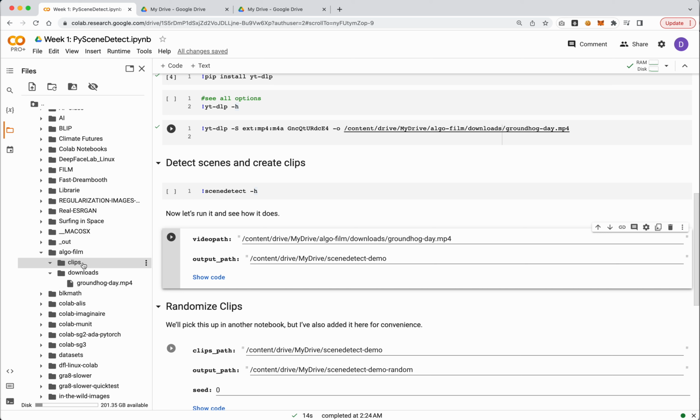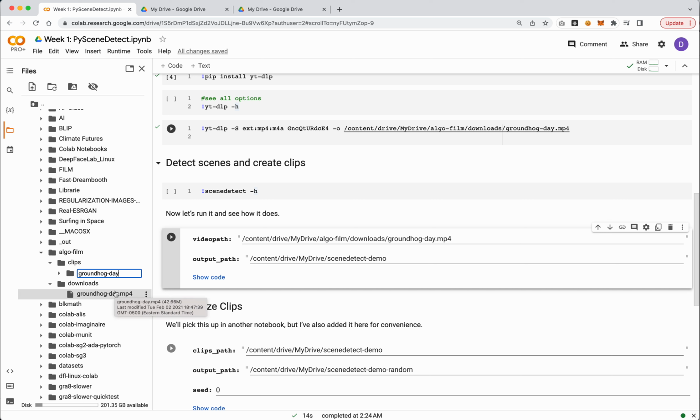And then maybe for our own sanity, let's also go in and make another folder, let's call it Groundhog Day. You'll notice that I'm usually in the habit of never leaving spaces in folder names. In my experience, adding spaces creates a lot of drama for you using these tools. So in general, don't use spaces. It's just generally better. So use dashes or underscores, whatever.